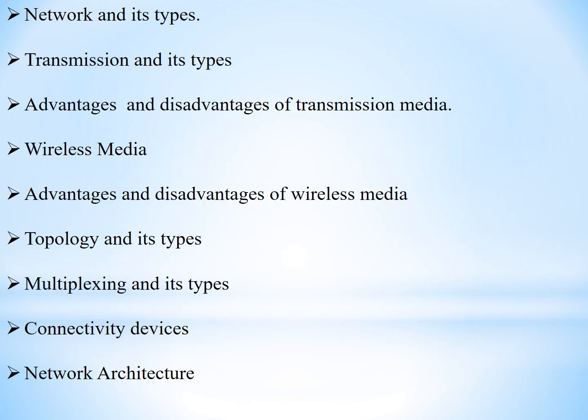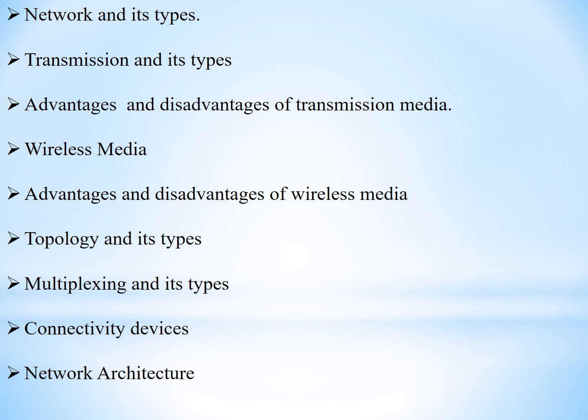So, a short brush-up of the concepts that have been taught in unit 5. Unit 5 started with the definition of what a network is and its types. There were three types of network: LAN, MAN and WAN, and we differentiated them and elaborated in detail about LAN and WAN. We have also learned why there is a need for networking, why we need to connect all the computers together in a network.